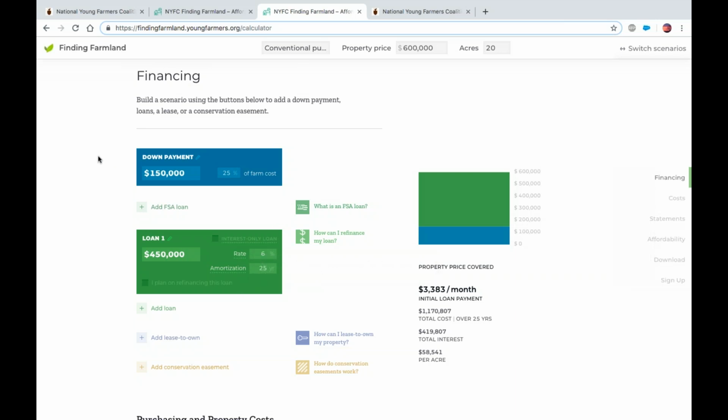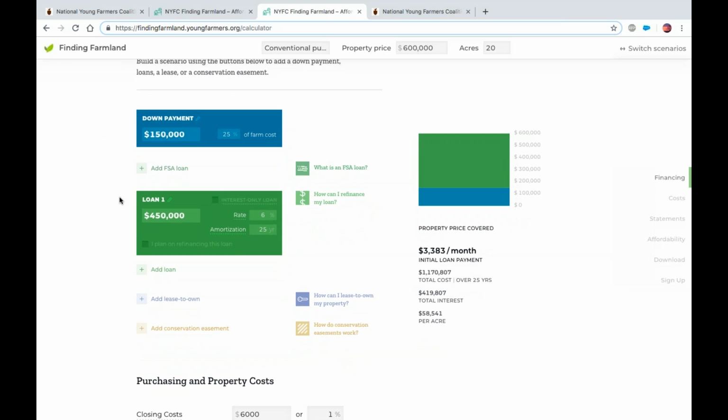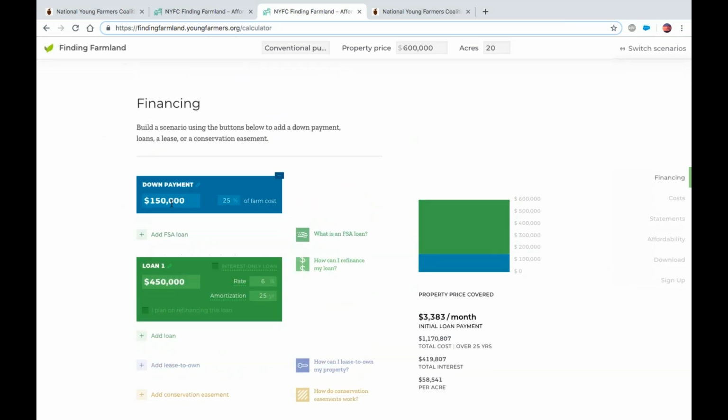And you might be looking at this, if you don't own property right now, and seeing this $150,000 number and thinking, how am I supposed to save up $150,000 to buy property? That's a good question. Typically people that are buying property with these kinds of down payments are able to do it because they're selling another piece of property. They have built some equity in it, they're selling that, so they have cash for the down payment. They're able to maybe upgrade to a more expensive property.